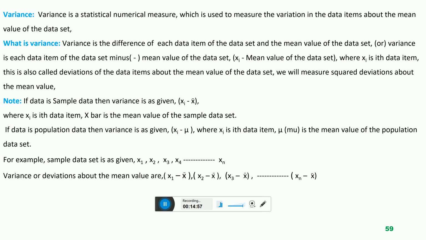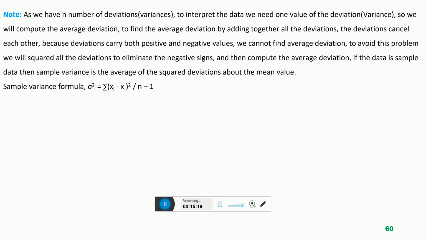That is why I will find the average value of the variance. I will find the average deviation of the given number of deviations. So I'm again repeating, to interpret the data, I need one value of the deviation. So when I need one value, how can I find it? By taking the average of the deviations. By taking the average of the deviations, I can measure one value for the variance or for the deviation to